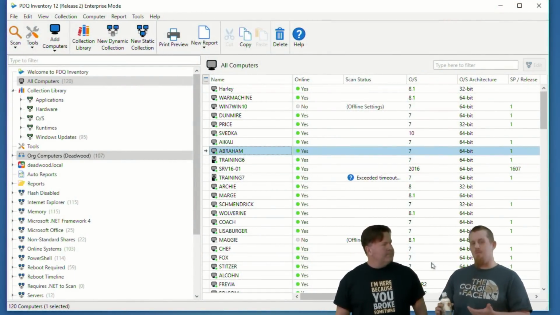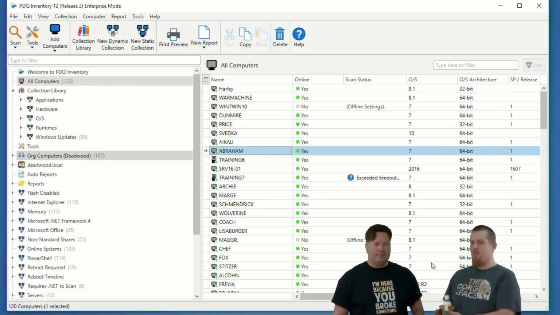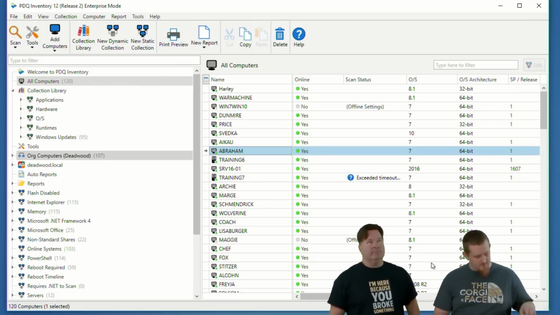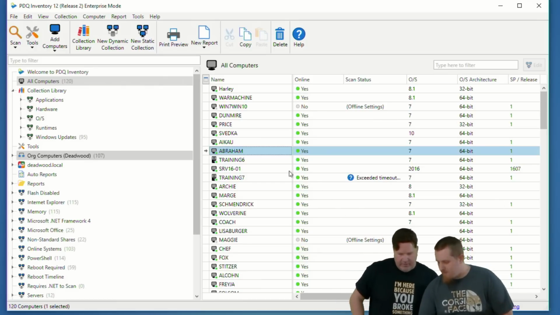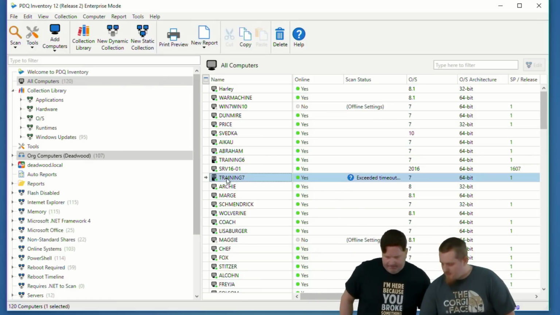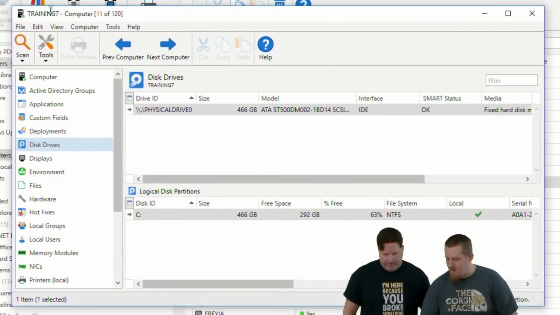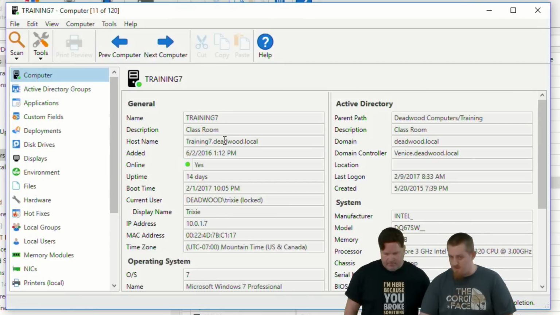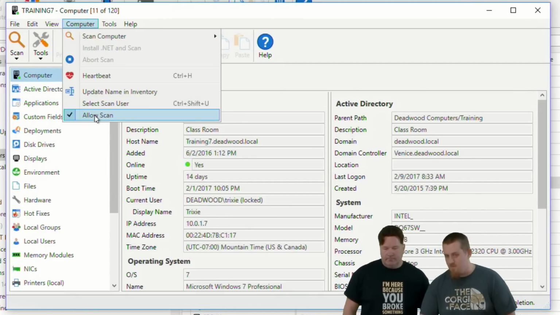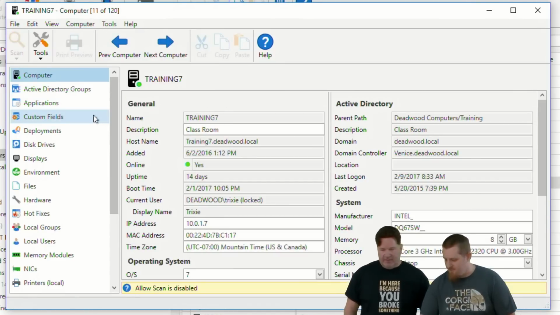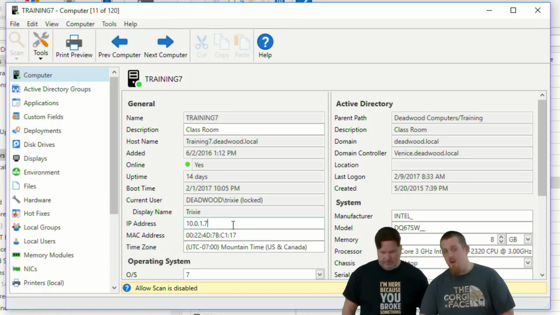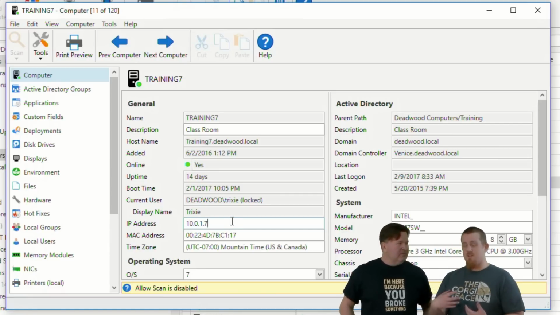You can change the IP address manually within Active Directory, but you have to disallow scanning in order to do that, because you can change some of the fields. Yeah. If you were to pull them up, to show where to do that, let's pull up Training 7 here. He's timing out already. So in this case, if you have the computer window open, you can disallow this option, which is allow scan, and you can come in and modify your IP address as you see fit. I'm not sure how beneficial it's going to be, since you're going to be offline at that, or excuse me, it's not going to scan at that point.